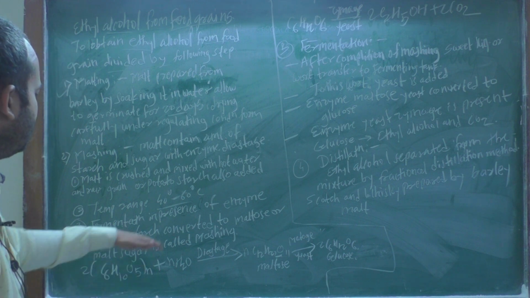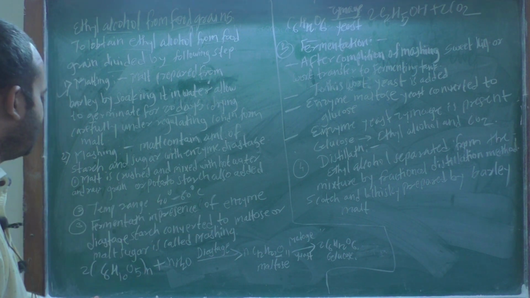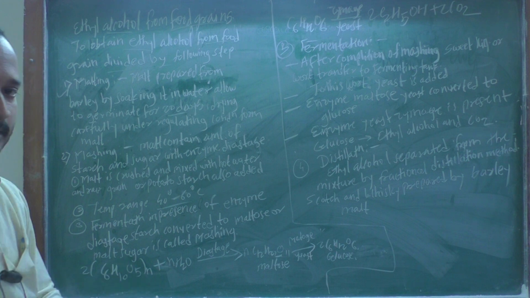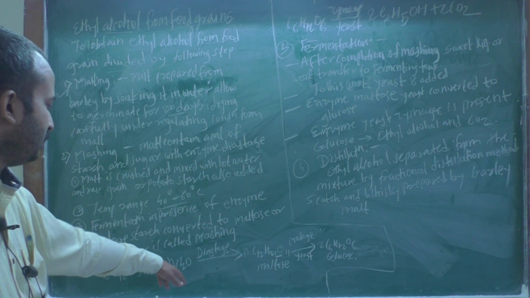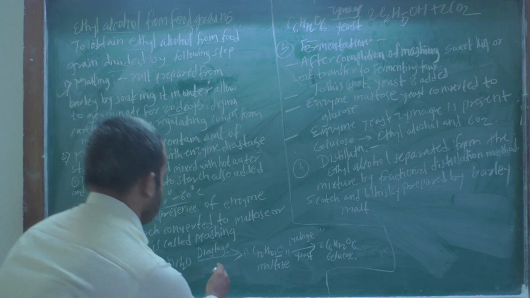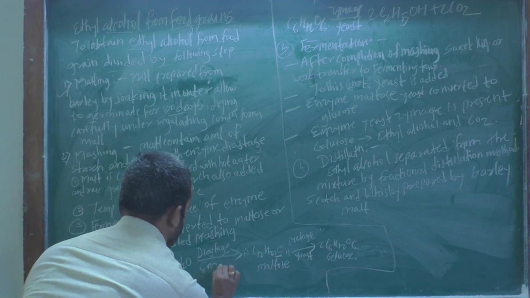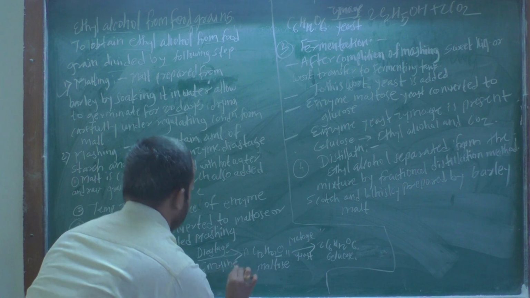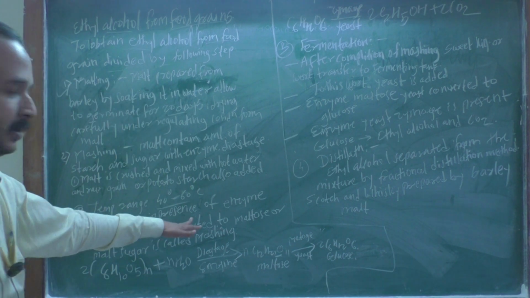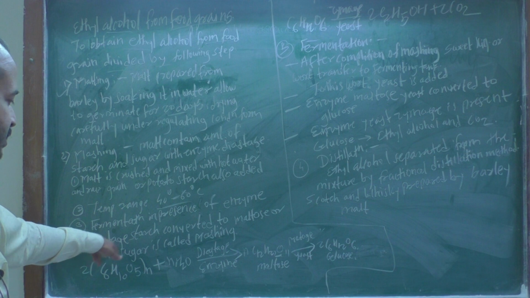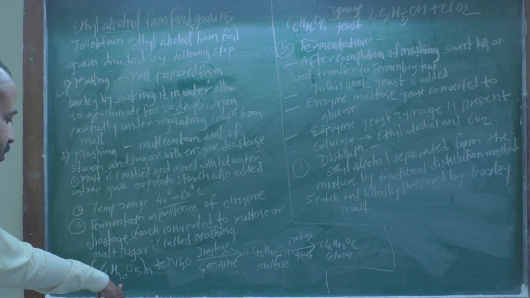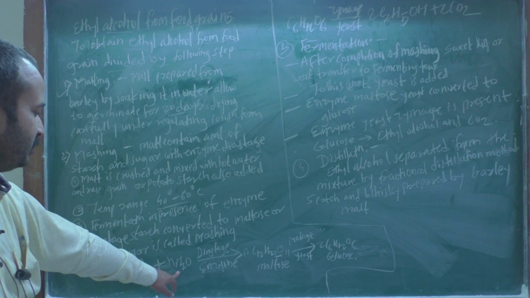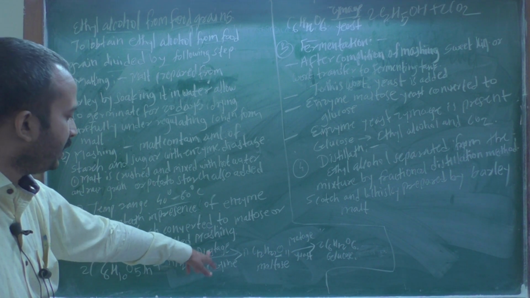Then third is the fermentation in presence of enzyme. Look at this, the fermentation in presence of enzyme. This is the enzyme. In the fermentation in presence of enzyme, the starch is converted to maltose. Look at this, this is the starch, and that starch, by hydrolysis in presence of diastase enzyme,